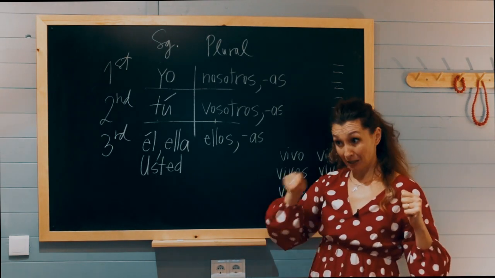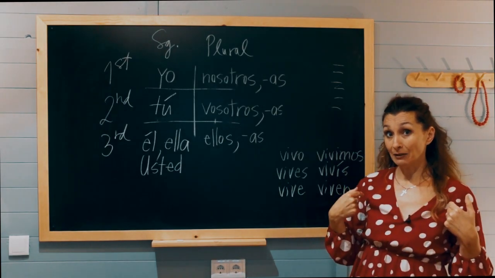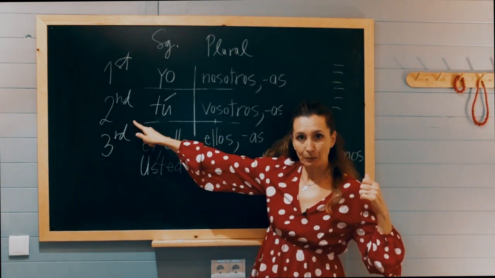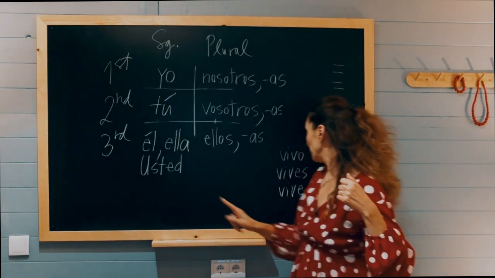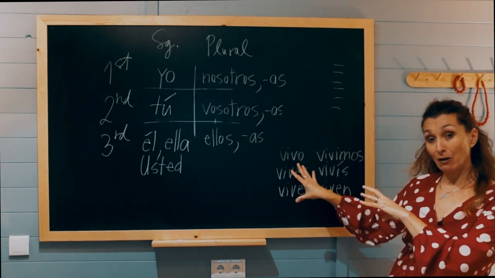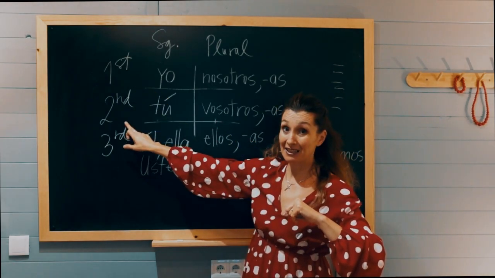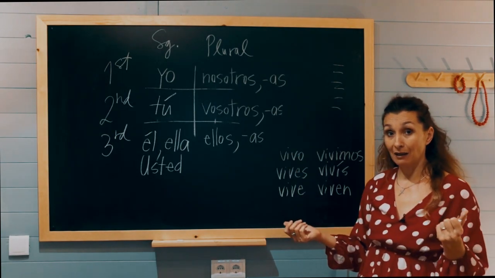Even though usted is the person I'm talking to, the person that's listening to me, so in theory, in principle, it should be the second person, because this is the listener. The first person is the speaker, the guy that was here with his mouth open. The first person is the speaker, the second is the listener, and the person in front of me is